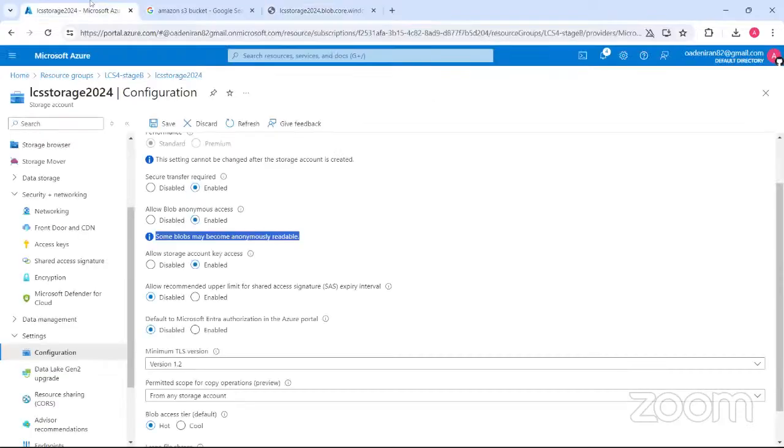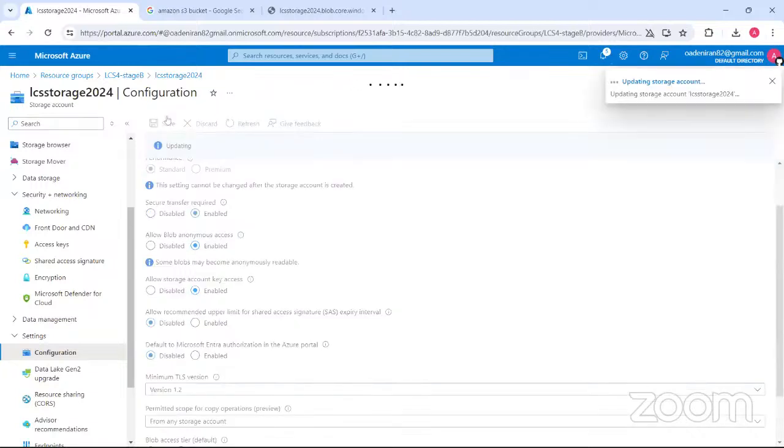So when Azure does not have that information, Azure automatically denies access. But when you allow this feature here, you are telling Azure that even when you have no idea about whoever wants to access this file, you still allow them to view the file. So if I save this now,